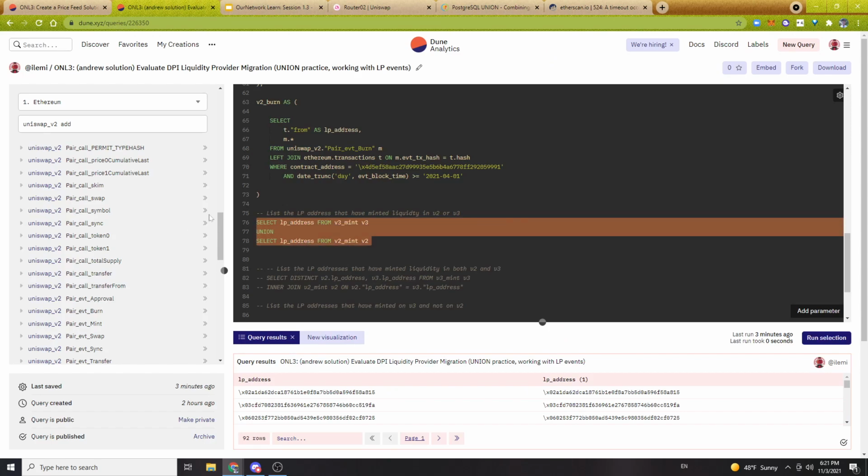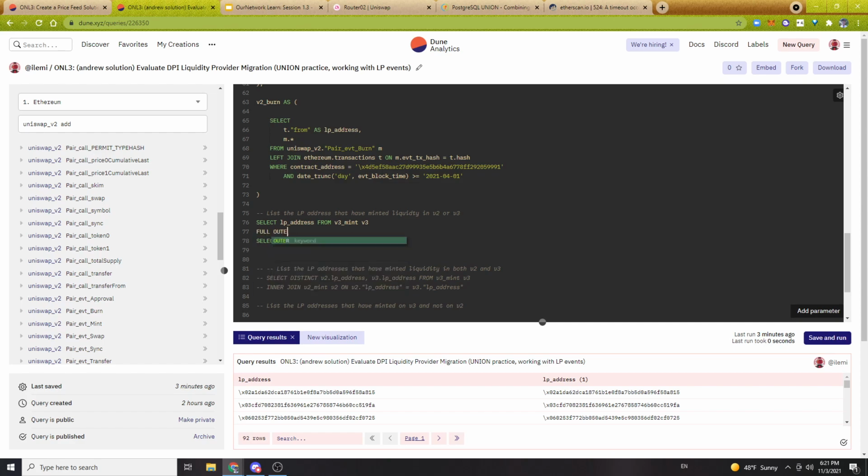So for our sake, that is a valid answer. I think typically I would have just done this with a full outer join, which might not be efficient, but